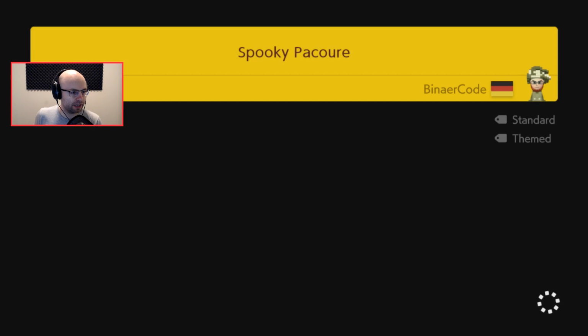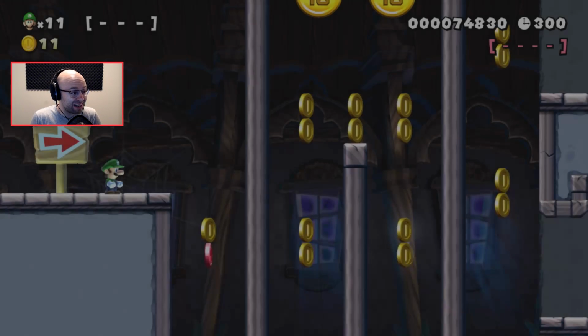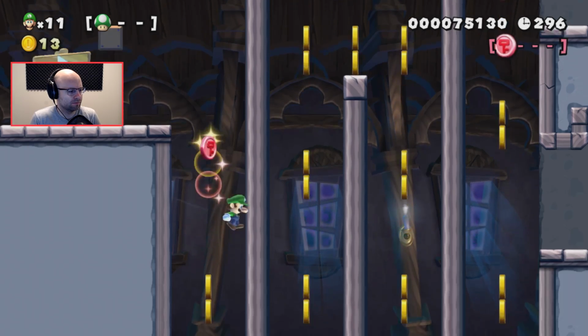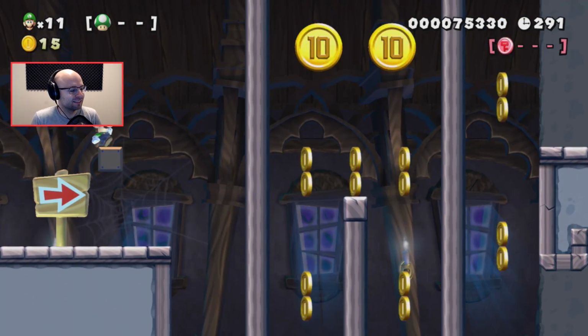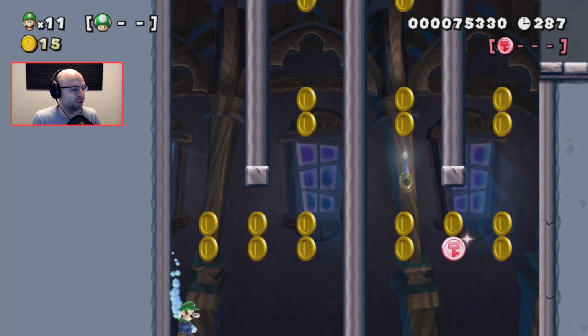Alright, flag trivia. That's Germany. Spooky. Something. Parkour, maybe? It's wall jumps. At first I was like, what is this? Then I realized you can actually platform off that. Okay, so the wall jumps,